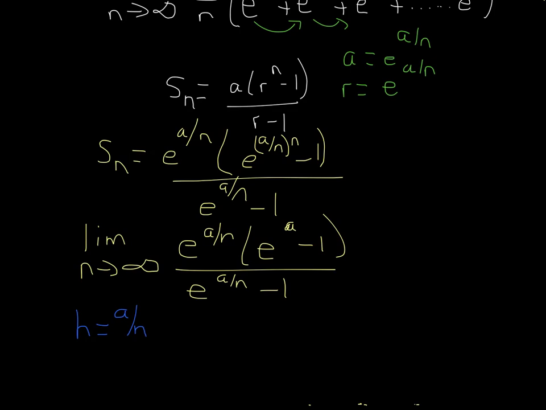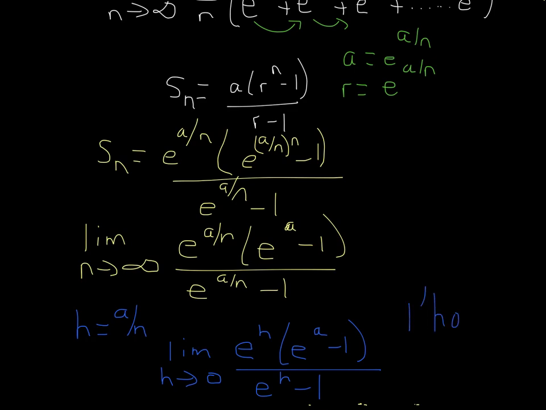Because we have e to the h, now we want to change this expression, and the equivalent expression is going to be the limit as h is approaching 0, because we don't have the denominator anymore, of e to the h times e to the a minus 1 over e to the h minus 1. Now that we have the limit as h is approaching 0, we are allowed to use L'Hopital's rule